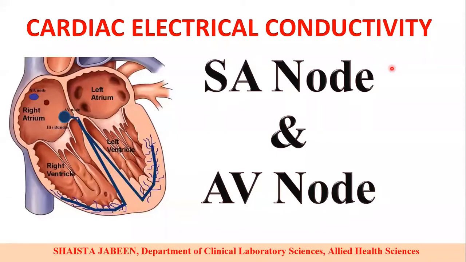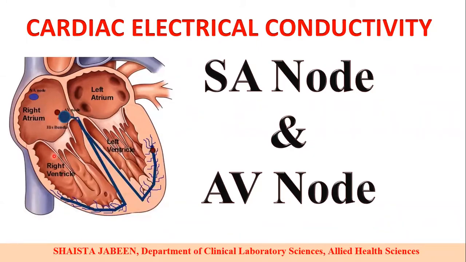As the heart is the main pumping organ, it has four main chambers: right atrium, right ventricle, left atrium, and left ventricle. It is involved in the pumping of blood. The blood comes from the right atrium into the right ventricle. Then it is pumped into the lungs, and from the lungs, the oxygenated blood is received by the left atrium, that goes to the left ventricle, and from the left ventricle to the aorta, it is supplied to all different parts of the body.